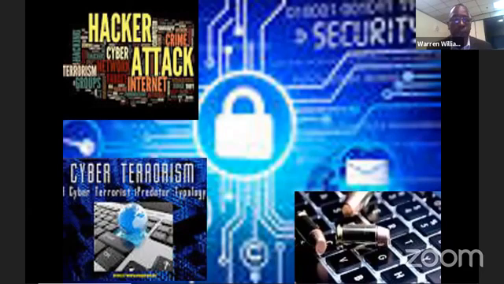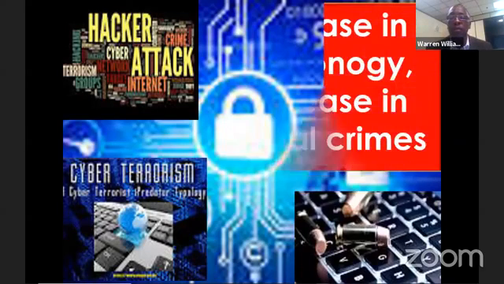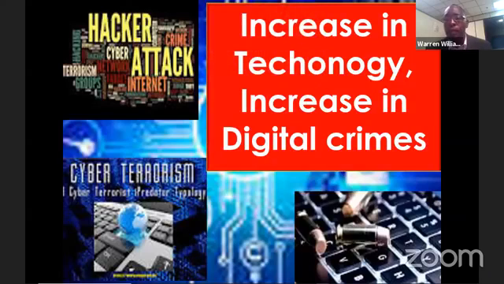We see all kinds of attacks on different systems, personal systems, business systems. So we're saying, as technology increases, we're seeing an increase in digital crimes. Nothing to be alarmed about, but that's just the reality, because the normal person now would have probably a minimum of 2 phones. He has a tablet, he has a laptop, he has a desktop, he has a smartwatch, right?